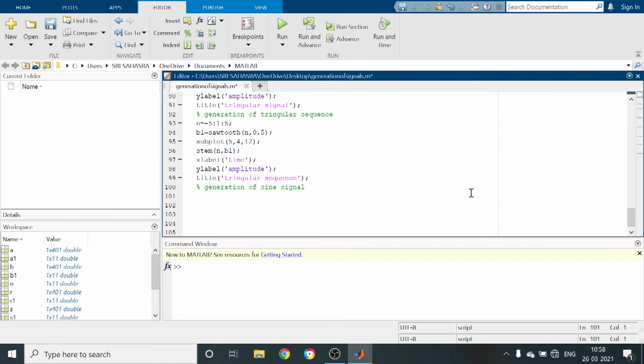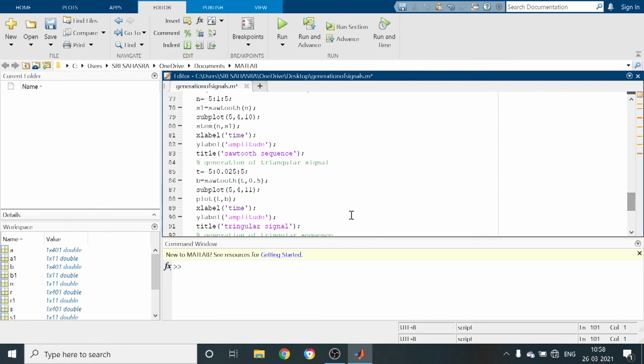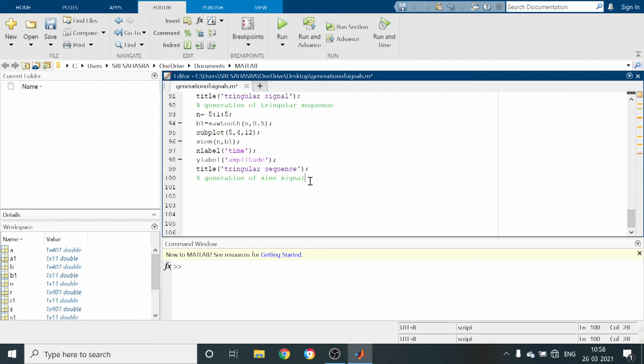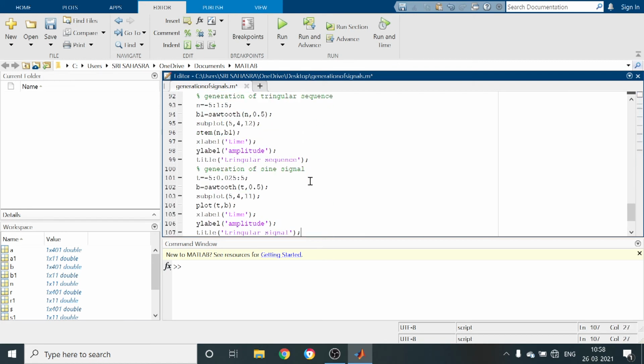For that we have to take the time variable. I am using the same commands. I am going to modify t equal to -5 to 5. I am going to use a letter C.